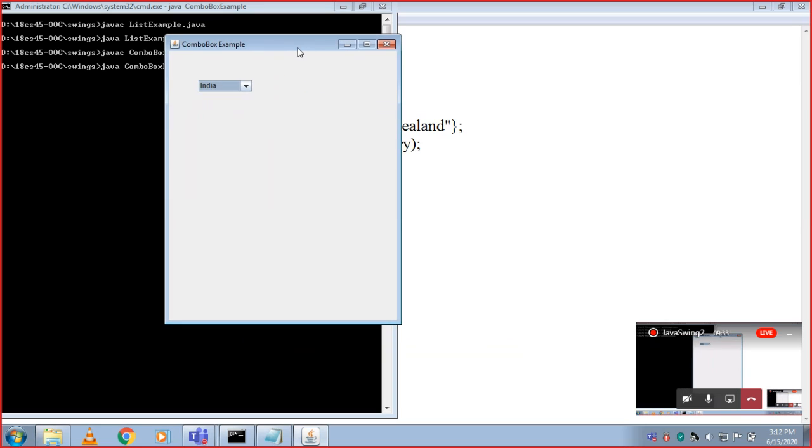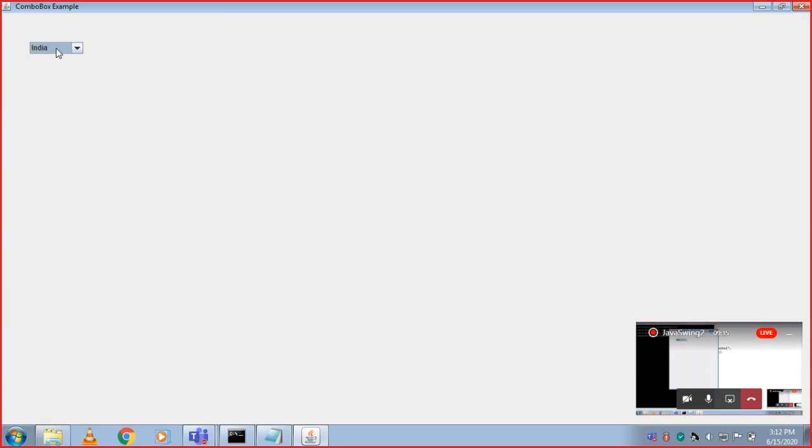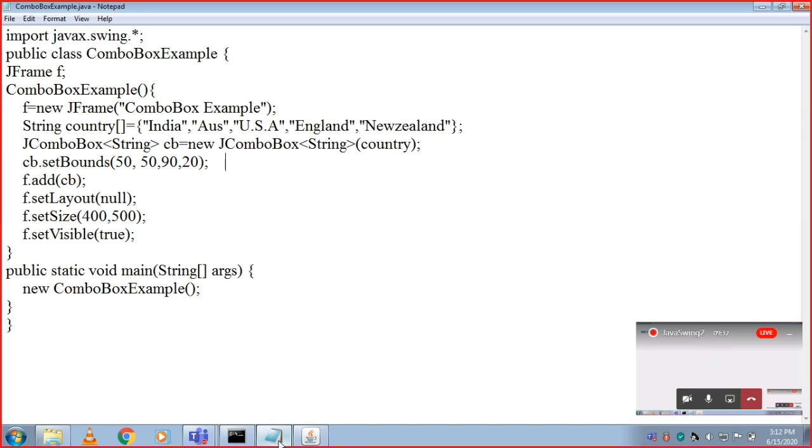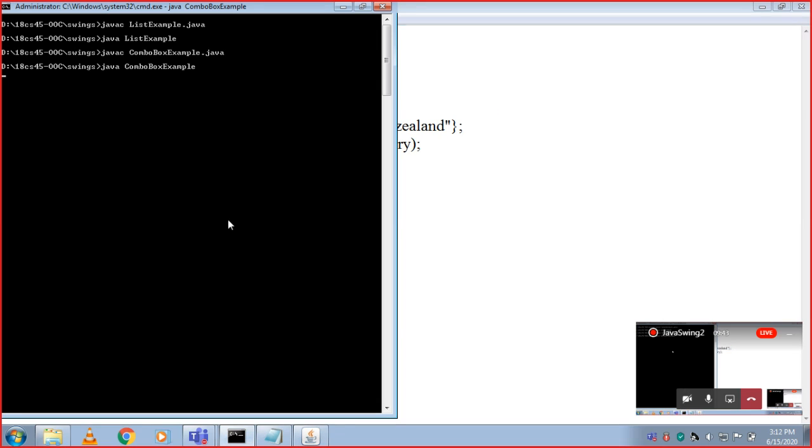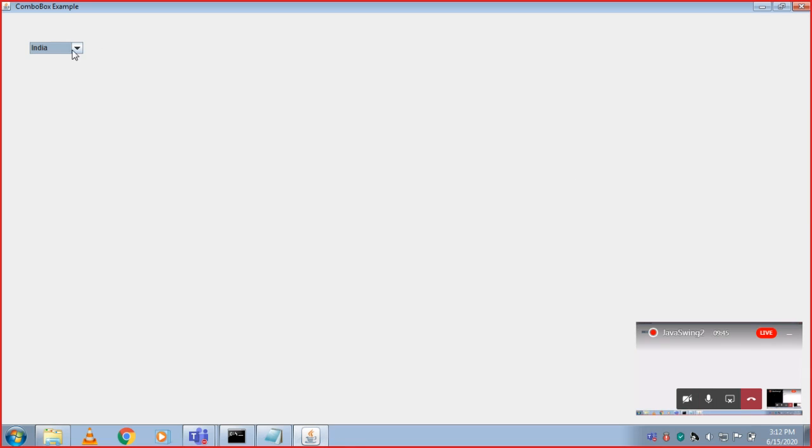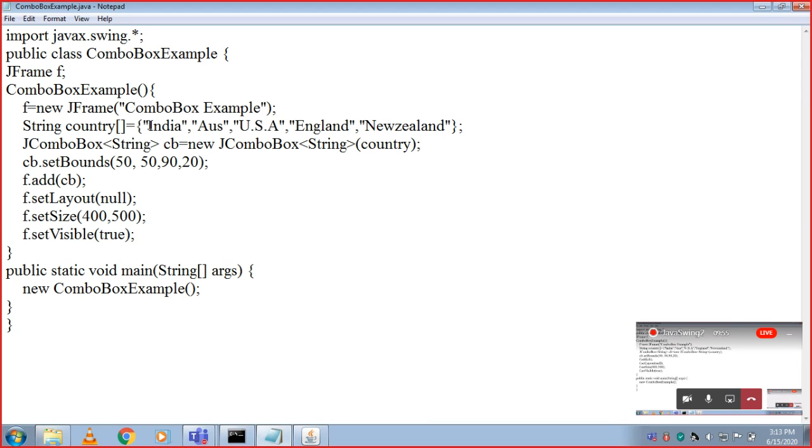Here in the combo box, the drop-down list, the first value is displayed because the first value is India in this array. If you click on this, we have a list of nations: India, Australia, USA, New Zealand. That is what they have given as the values of